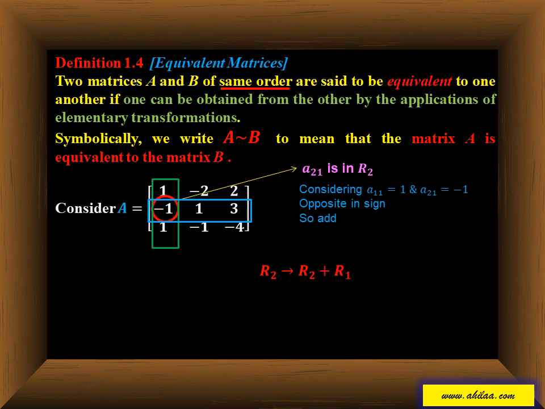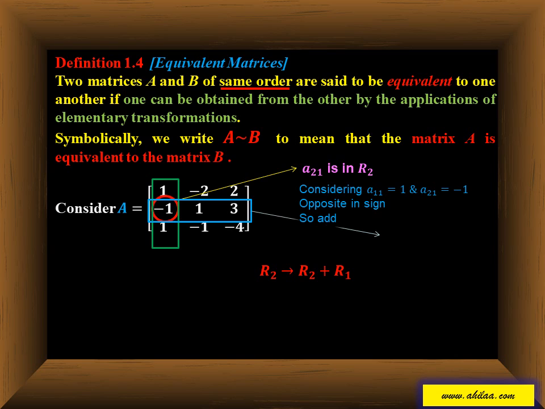So I can add these two elements. But we cannot add particular elements; instead, we should make the operation on the whole row or column. So I make R2 goes to R2 plus R1. With respect to these two elements only, I decide the operation, but the operation is applied to the whole row. R2 goes to R2 plus R1. I have to consider all the